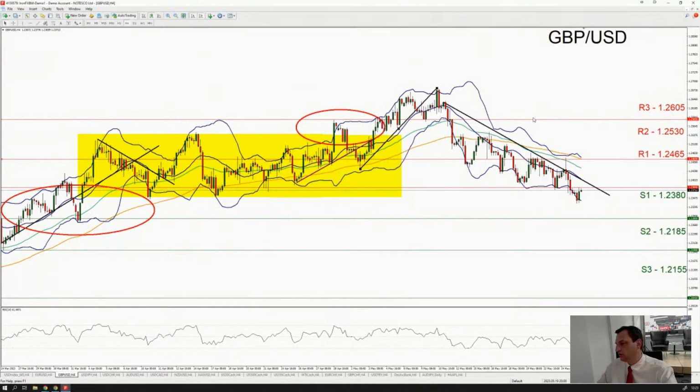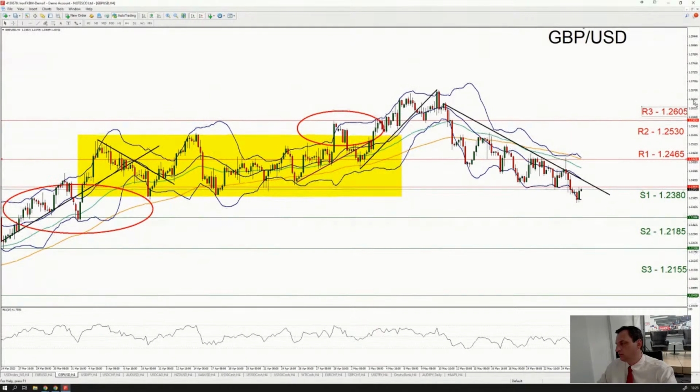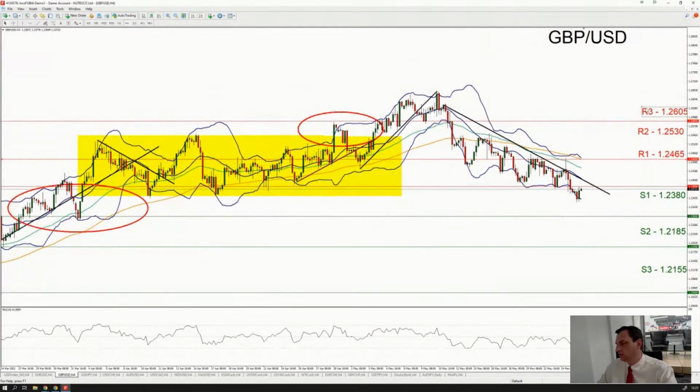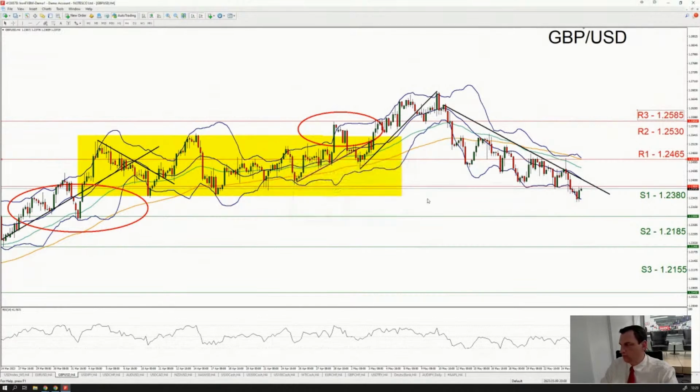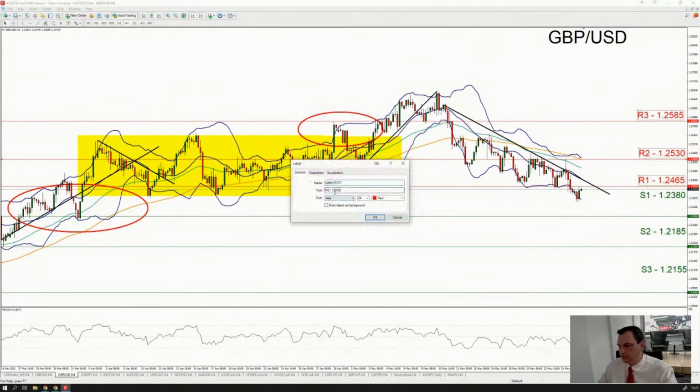Locking it in. Reposition the labels before correcting them. $1.2445,